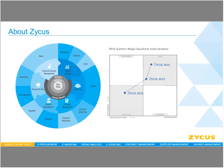So Zycus provides an integrated suite of source-to-pay procurement software that spans upstream processes in the energy sector, around exploration for example, as well as downstream processes for refining and distribution. When it comes to procurement software, there's also an upstream and a downstream delineation. In the software world, it really focuses on upstream processes in the procurement space, starting with tools like spend analytics